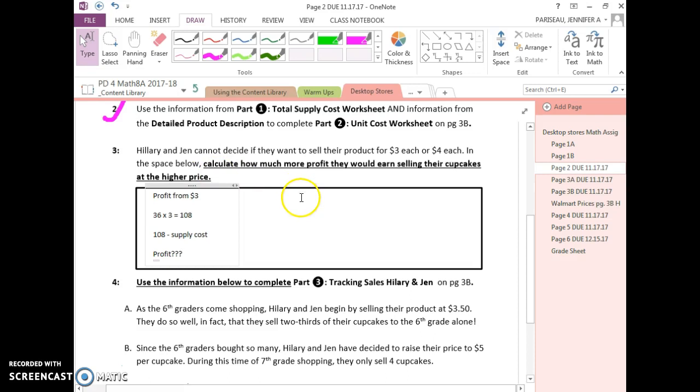And then you need to tell me, what is that profit? Then I want you to do the same thing for the $4. Let's say they sell all 36. We're optimistic here. For $4, they make $144 in sales. But when you do 144 minus their supply cost, what is their profit? Then we want to answer the question, how much more money do they